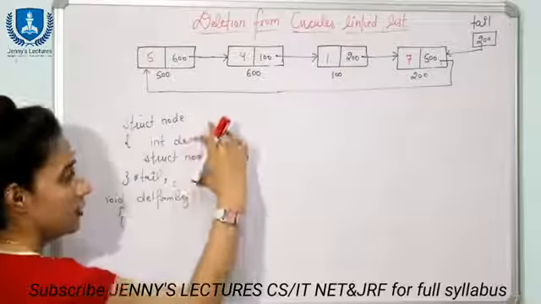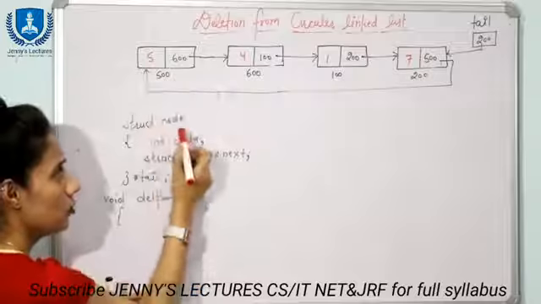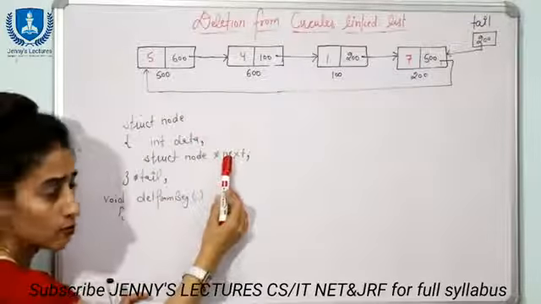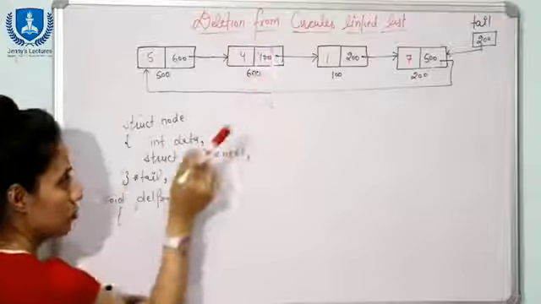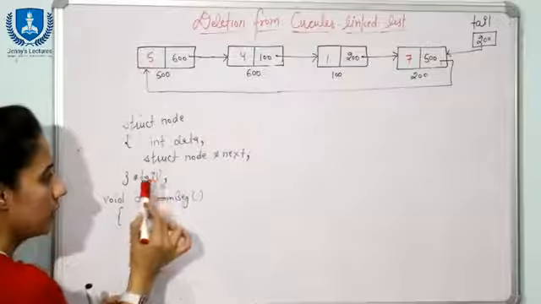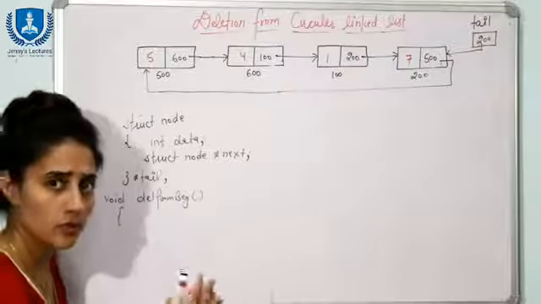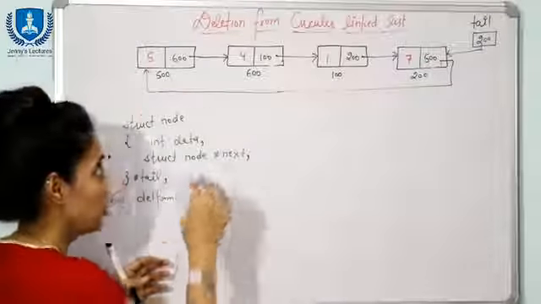See, this thing we have already discussed many times. We have defined our own data type to represent this node, struct node. 2 parts are there, one is data part, one is pointer. This pointer is containing address of the next node, and data type of this node is struct node. So that is why here I am writing struct node, and we have maintained only a tail pointer. After that you can call that create CLL function, right? And suppose we have created this list. Now I want to delete the data from the beginning.